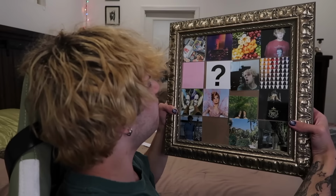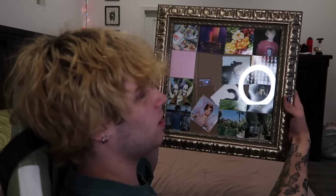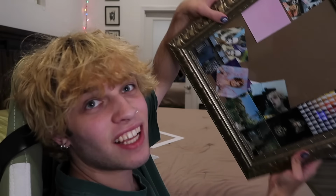Let's take a look at the final product of the mood board. All right, this is my final product. It looks really, really fun when they're all put together. I'm gonna need to do something to tighten this frame because I'm afraid if I let go, they're all gonna shift in there, which is awesome, so now I'm gonna have to fix that. But I'm gonna fix that, hang these up as a constant reminder of the things I vision for